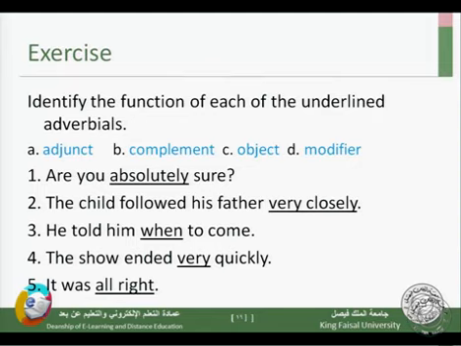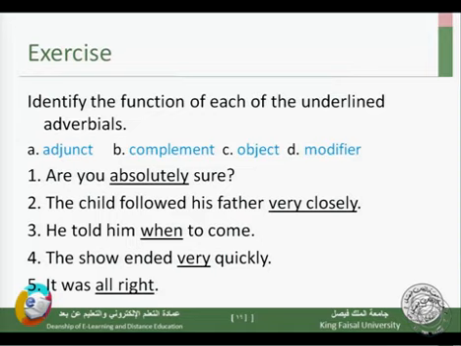Then he told him when to come. He told him when to come. So in this case, we have the subject he, we have the verb told, and then we have two objects. We have told him something, told him something, okay? So him is an indirect object, and then something, which in this case is when to come. This is what he told him, this is the thing that he told him. So he told him something, he said something to him, okay? So he told him when to come. Him is an indirect object, when to come, when in this case is a direct object, and so the correct choice is C. And number 3, it is an object.